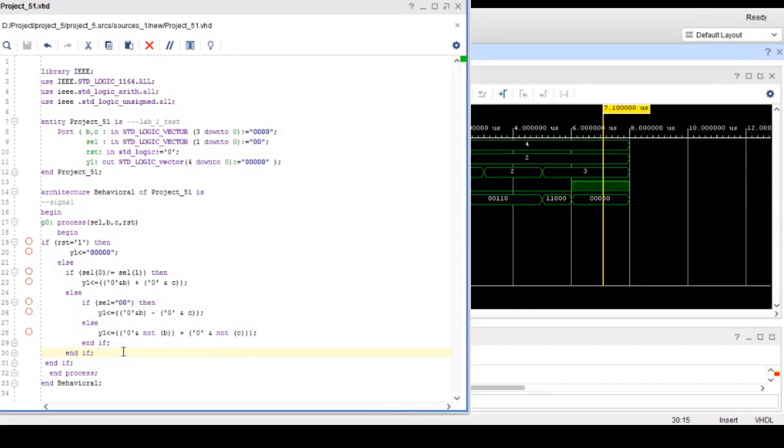In that case, it will execute. If both are not equal, then it will go there and execute. Either LSB is 1 or MSB is 1, whatever it is, it will have only an odd number of ones. Therefore, we are straight away adding them: Y1 equal to B plus C.